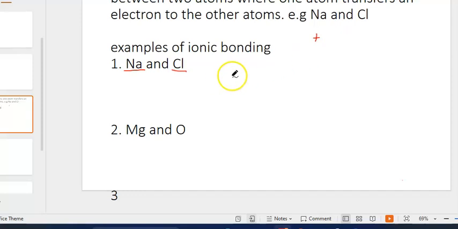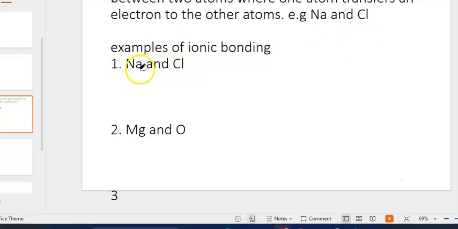That is the nature of all the metals. And by nature, non-metals gain electrons for them to be stable. In chemistry, for losing we use a positive, and for gaining we use a negative. So now let's look at